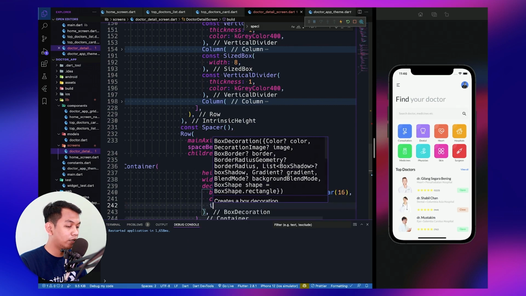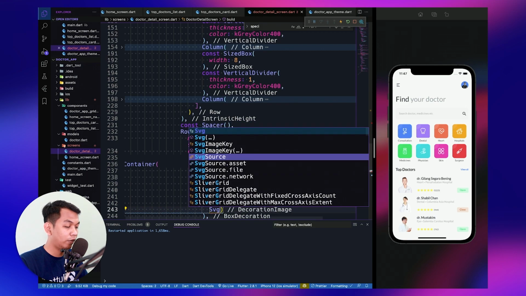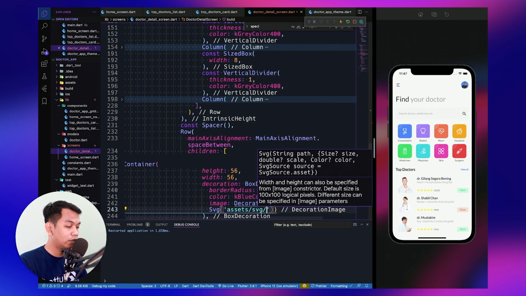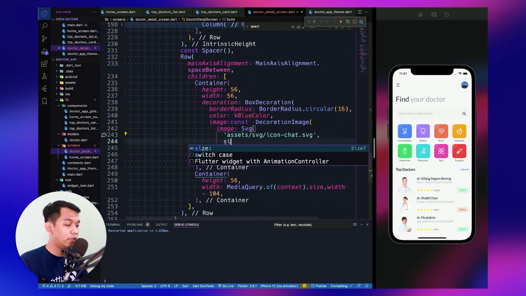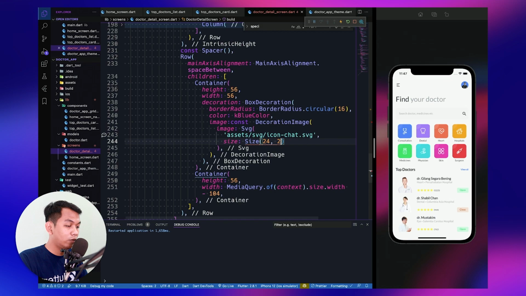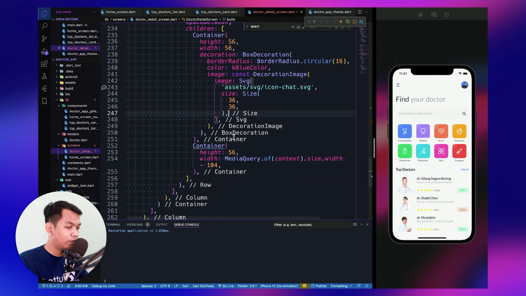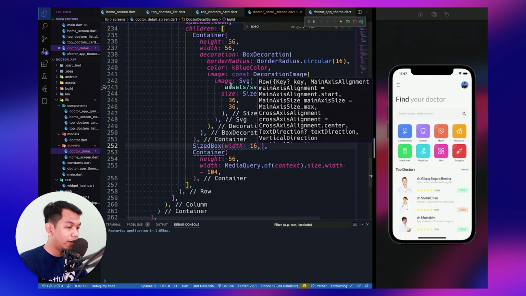And for the image, we use decoration image, and we call SVG, and we say assets SVG / icon chat.svg. Okay, and inside our SVG, we say size 24, 24, look like this. Not 24, I think 36. And we add a little padding, 16.